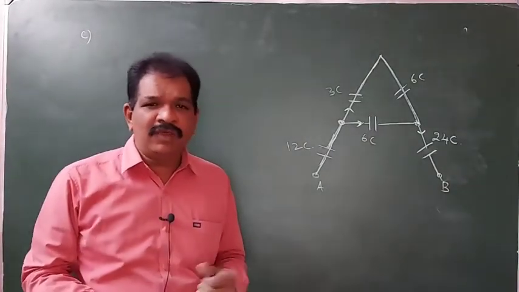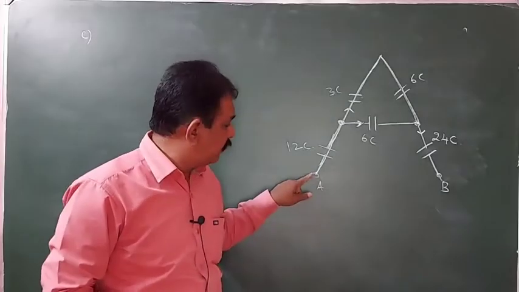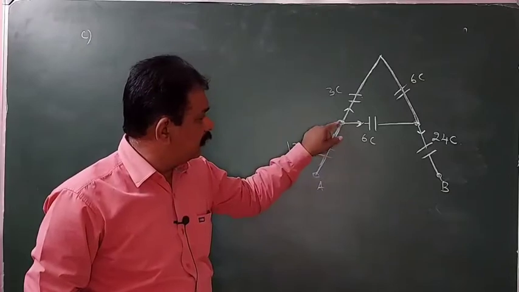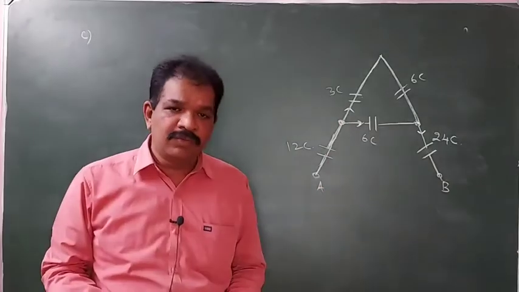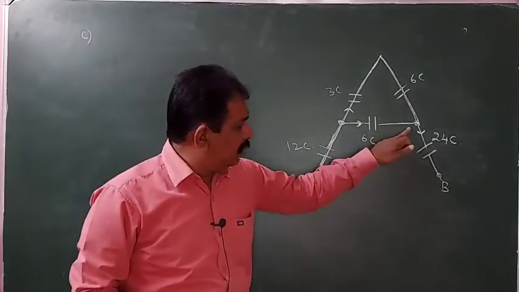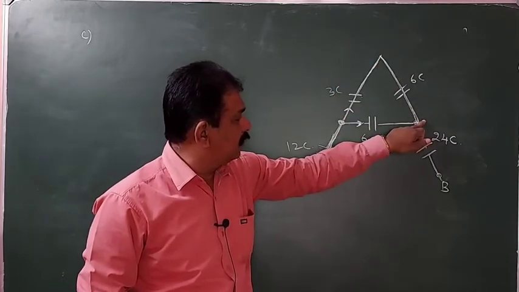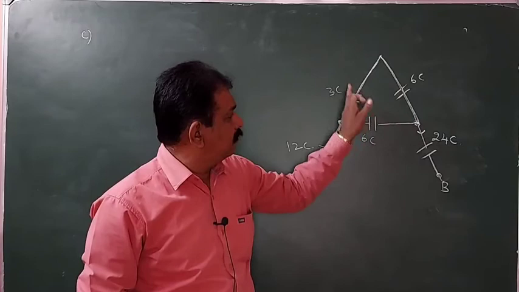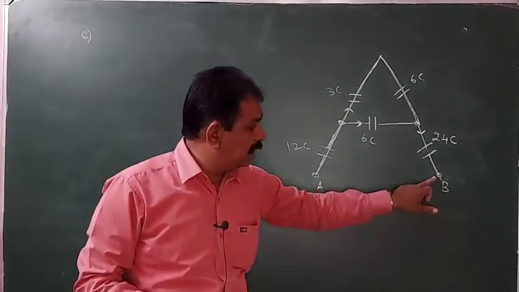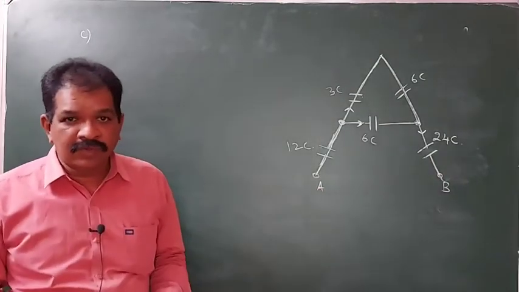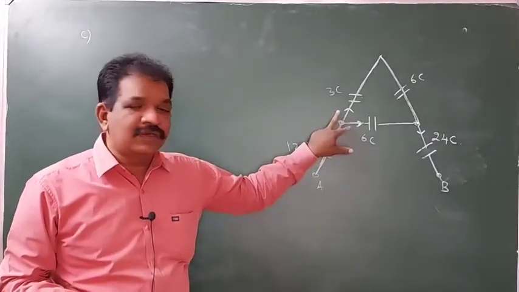For example, any value you take. For example, 100 microcoulomb started from here. It came to here. It finds two ways. Equally you take, no problem. 50 microcoulomb traveled in this way. Another 50 came to here, traveling this. This 50, this path 50, totally how much will it be? 100. Again 100 will reach B. Okay.